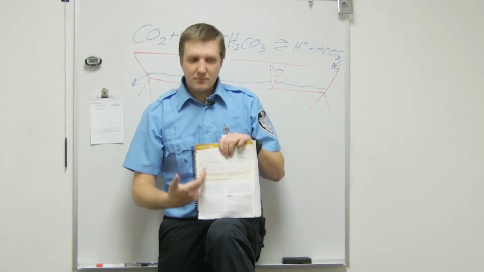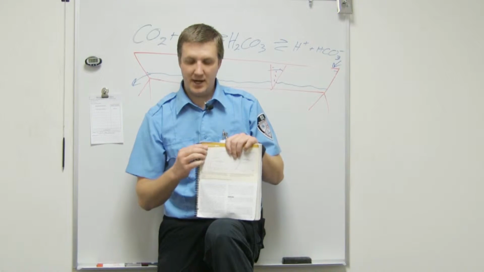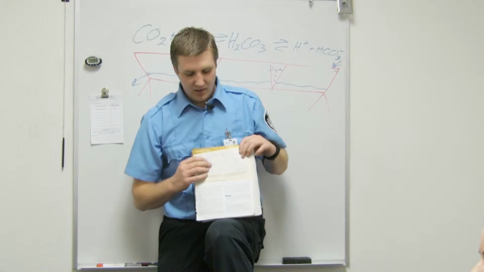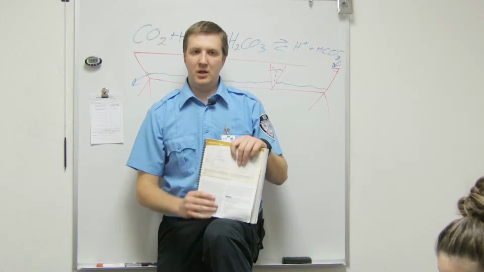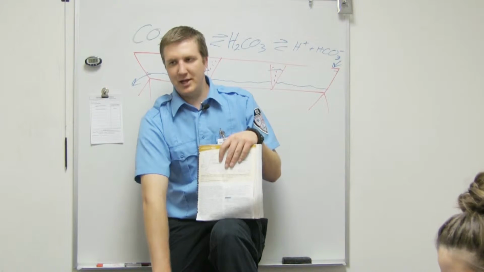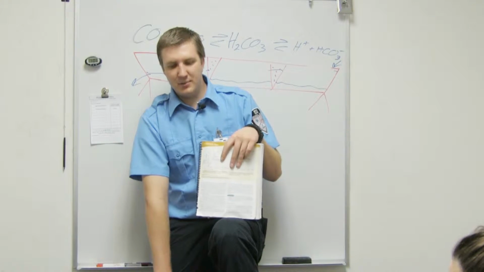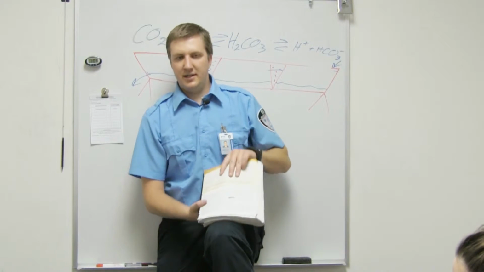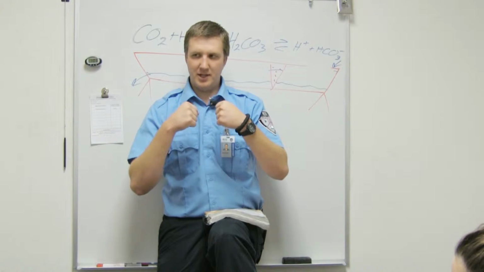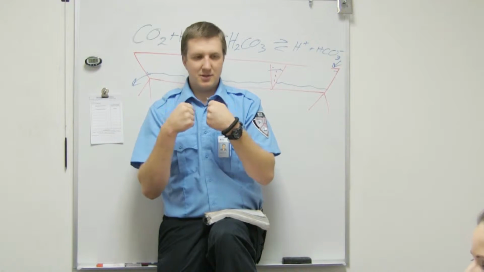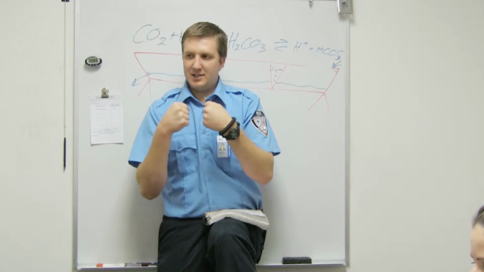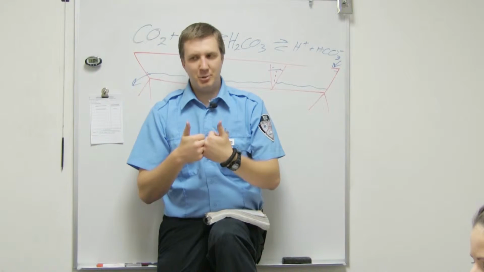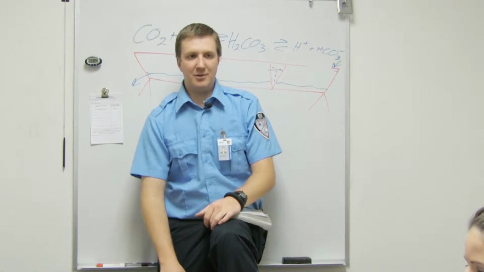Kind of like we said earlier, CO2 is high, that's going to cause us to shift right. If pH is low, which means that CO2 is going to be high, we're going to shift right. Temperature, what does temperature do? I know everybody's kind of different as far as their chemistry background, but what does temperature do to chemical bonds? Easier to break, right? So normally oxygen and hemoglobin are like this. They're still moving, right? Those molecules are still moving. But if we increase the temperature, they're moving faster and they're more likely to break apart. So if we increase the temperature, oxygen is going to be more likely to leave the hemoglobin,